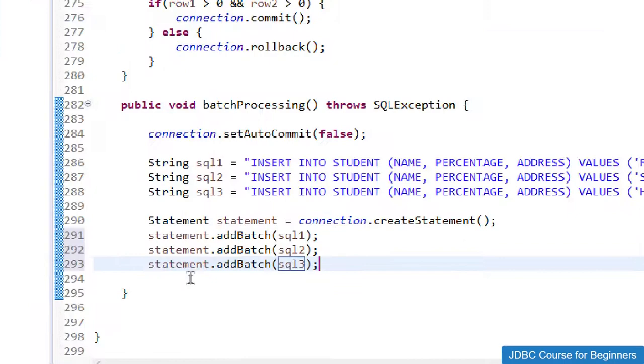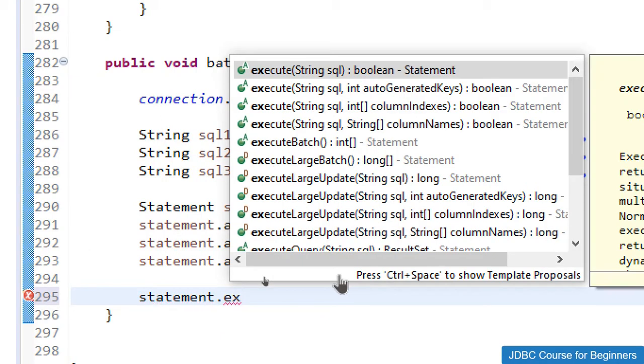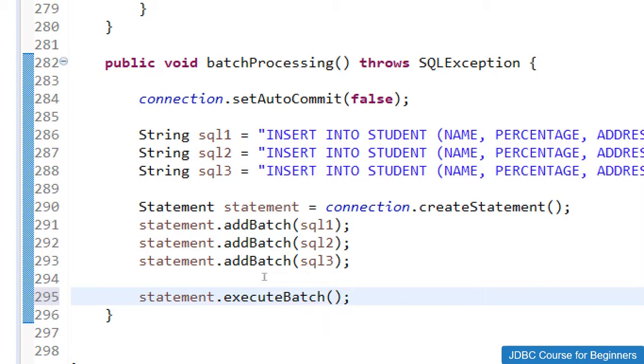So how we can do this? We just need to use statement dot execute batch, like this one, and this statement dot execute batch will return me an array of integers. So over here, each and every query will affect some rows.